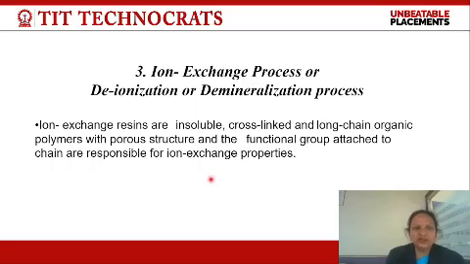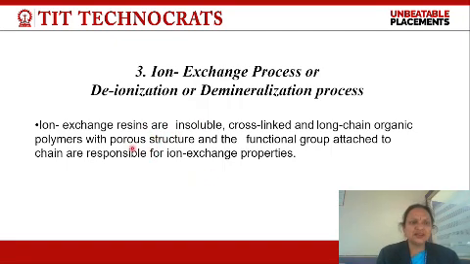De means removal. Deionization means removal of ions from the water, and demineralization means removal of minerals from the water. Again, we are revising some facts. The lime soda process was based on the theory that soluble particles are converted into insoluble particles and removed through blowdown operation. In the zeolite method, cations are exchanged for sodium ion, but in the ion exchange method, both the ions are